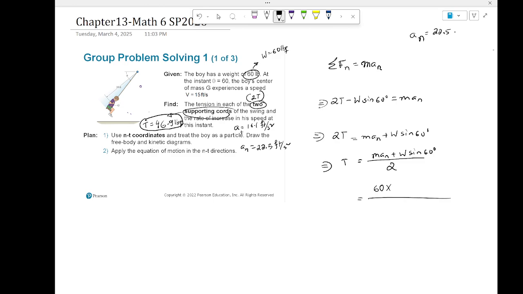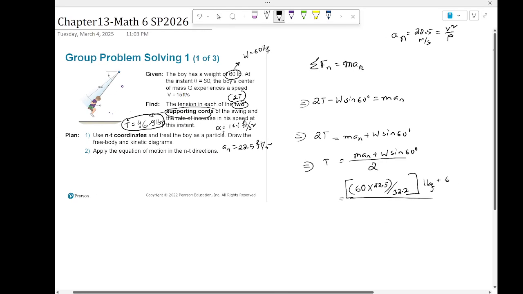22.5, right? Which is V square divided by rho. That's a meter per second square. So this is 22.5, and the whole thing you would like to multiply it by 32.2. Sorry, I know I probably confused you guys. Okay, so this would be in pound force. All right, and then you have this 60